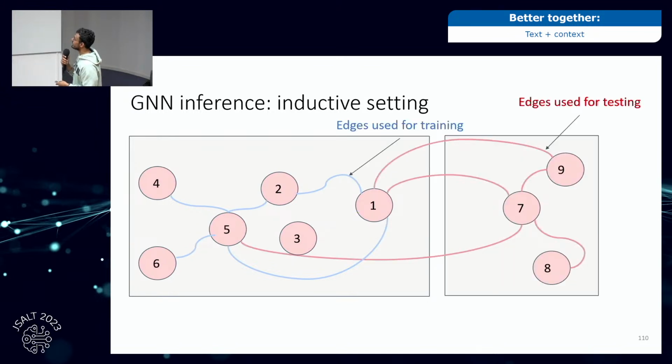And the next setting is an inductive setting where for the nodes that we are trying to predict, which is shown by the red edges, we haven't seen any of these edges or their neighbors at all during training time. This corresponds to a setting where a new paper has arrived and we basically have not seen this paper at all during the training time. Whereas in the transductive setting, it is like we already know what are the papers we are trying to predict on,